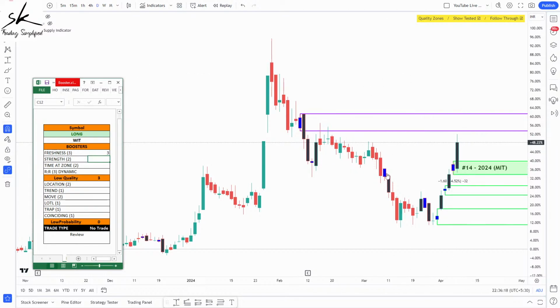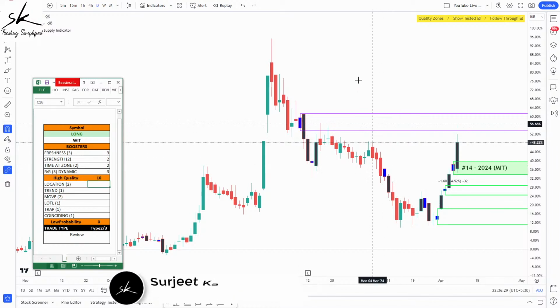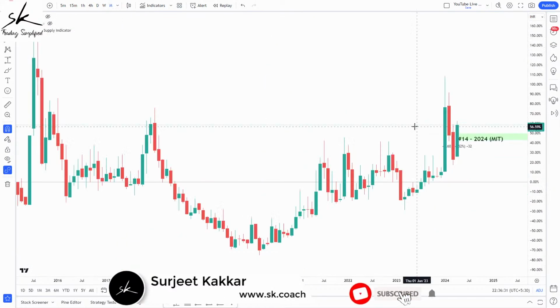Sorry, 3, my bad. Talking about strength, we have a score of 2 because it's an explosive move. Time at the zone, just one candle, gets a score of 2. Reward to risk ratio, will take it as an assumption. Next is the location. Now, if I go to the monthly time frame, you can see that the indicator will